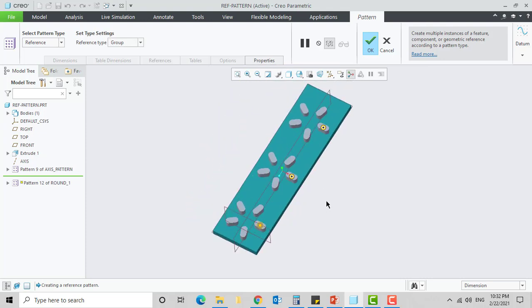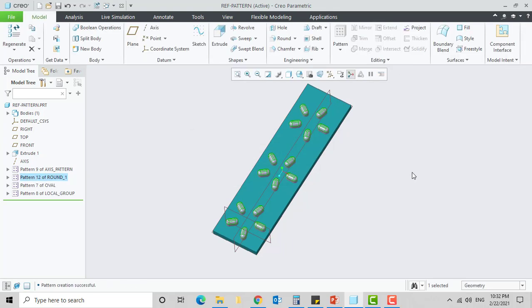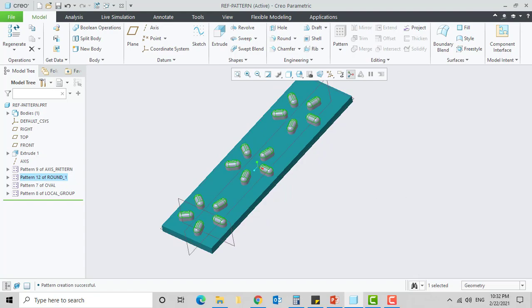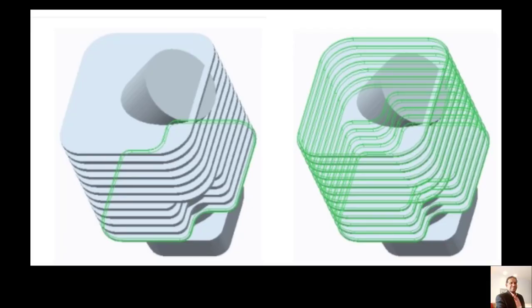When you edit the reference type to group, notice that the round only patterns once per direction pattern group. When you set to both, notice that the round patterns on each member of the axis patterns as well as each member of the direction pattern of the axis pattern. Click complete feature.